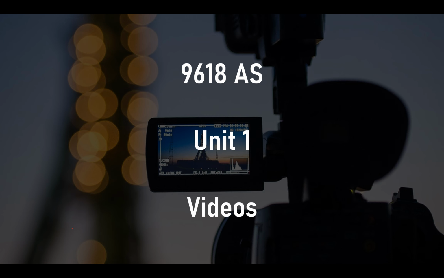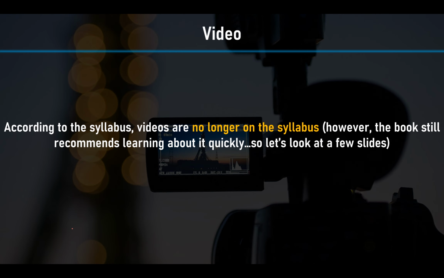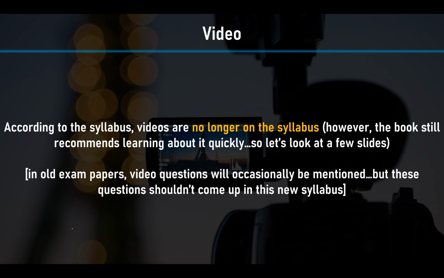As you can see, now we're going to look at videos. One thing to note, according to the syllabus, videos are actually no longer in the exam. However, both books do recommend learning about them quickly. And to be honest, everyone is using YouTube. A lot of people are recording videos on their phone, etc. So I think learning about how videos work, learning about some of the details, is quite interesting,